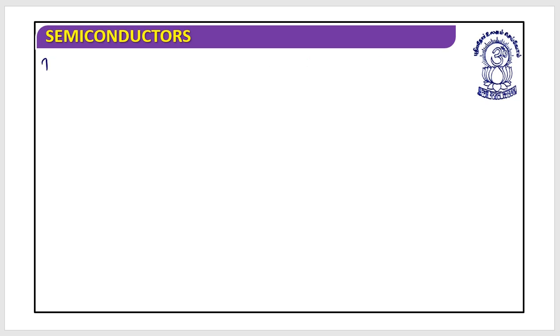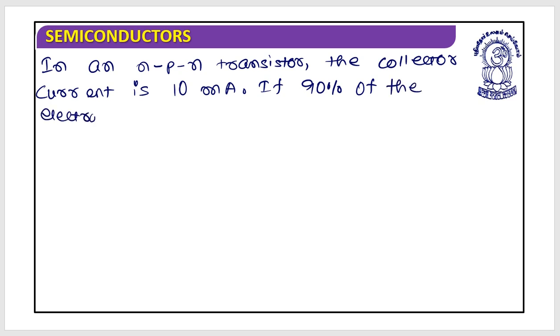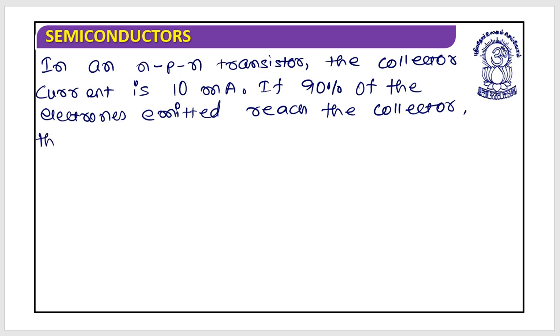The next question says that in an NPN transistor, the collector current is 10 milliampere. If 90 percentage of the electrons emitted reach the collector, then the emitter current will be,